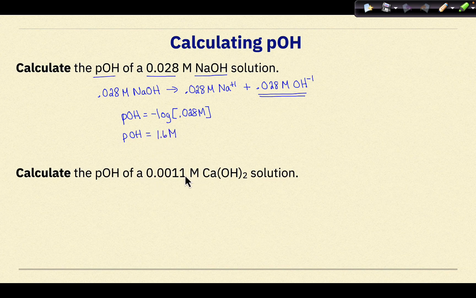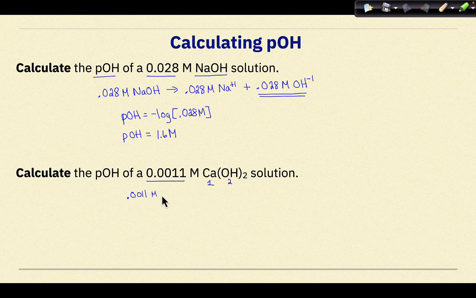Let's do another example. This one is a little bit different when we calculate the pOH because we have a 0.0011 molarity of calcium hydroxide. In this situation, the ratio of calcium ions to hydroxide ions is 1 to 2, and we need to take that into account before we can calculate pOH. So a